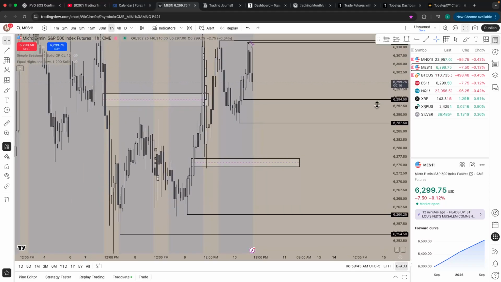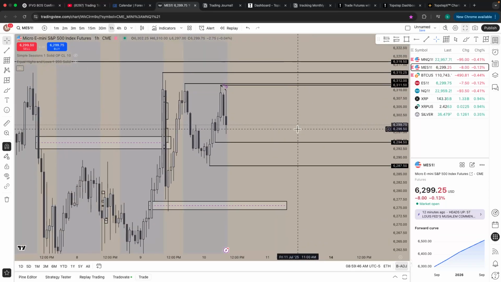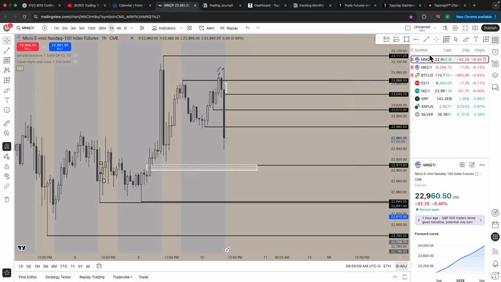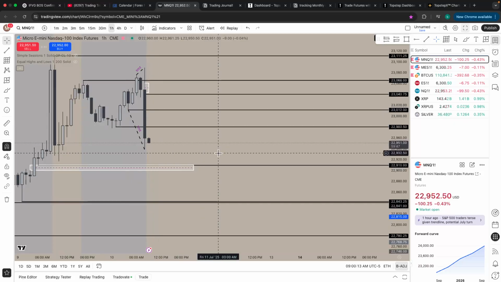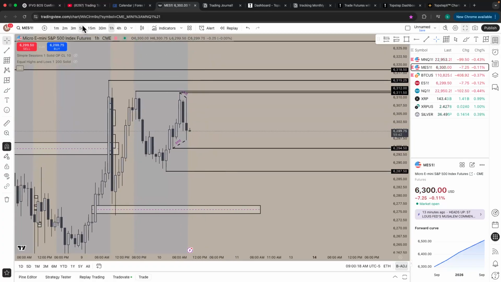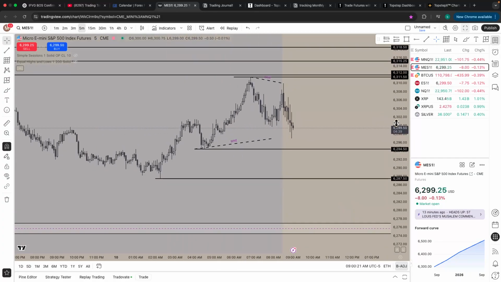19 seconds. 2 SMTs in the same day. How often do you see that? High time frame SMTs too. SMT. And Q gave us that. And it opens. Alright. We have an SMT. So as you can see right here, we have the low here that got swept on NQ. ES never swept. We're thinking buy side now.